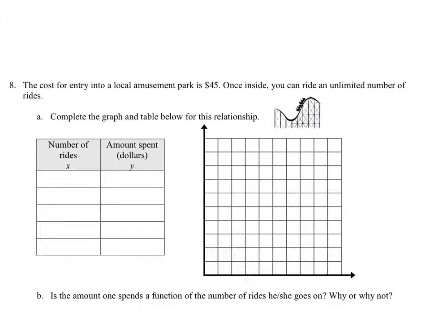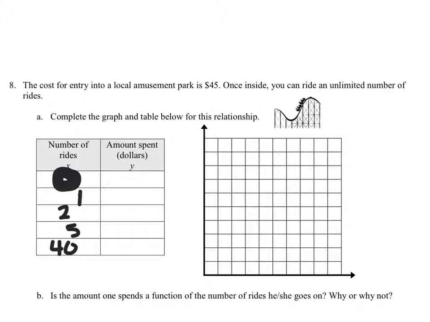The cost for entry into a local amusement park is $45. You can ride an unlimited number of rides. Complete the graph and the table actually. So let's look at the number of rides. Let's say you go on 0 rides for some reason. And then maybe you go on 1 ride and then 2. Maybe you go for 5 rides or 40 rides. I don't know. Okay. But in any case,